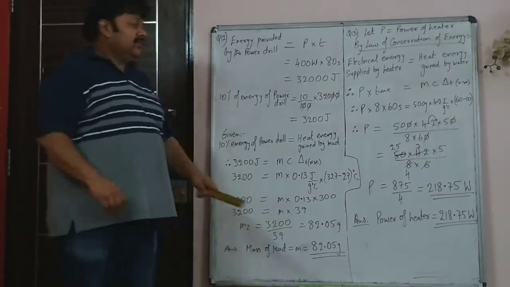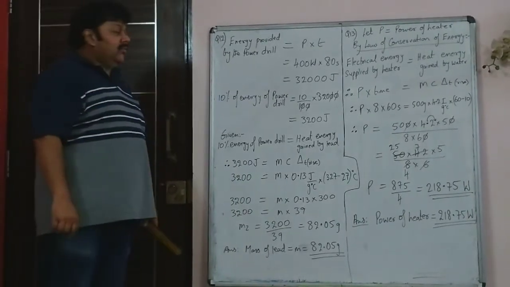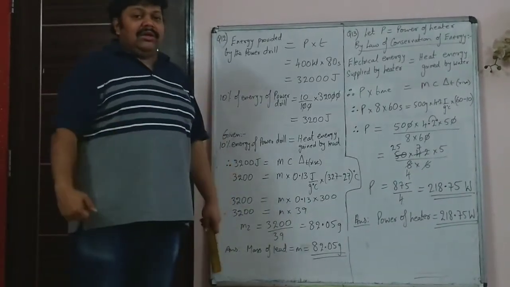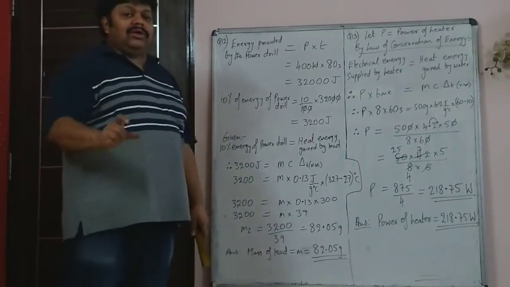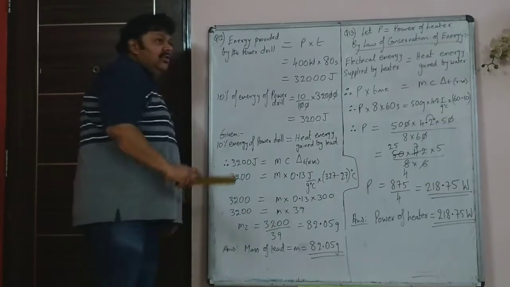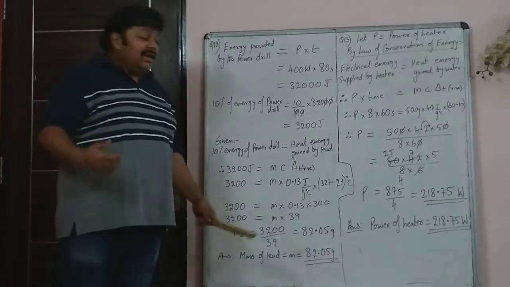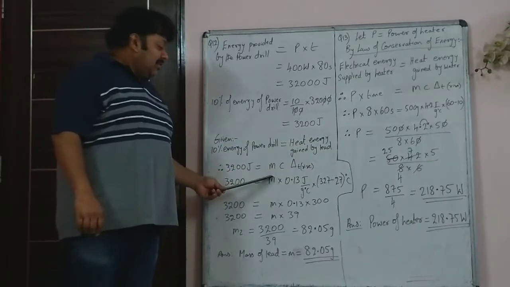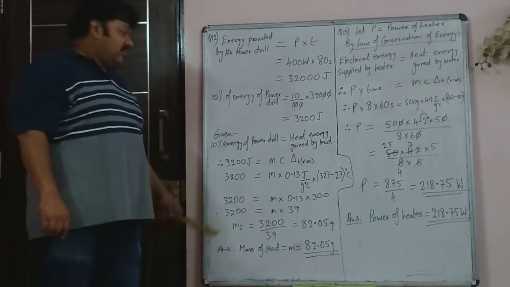Most of the energy goes in making that hole, but 10% of that energy is heating up that lead cube. This drill machine was used to drill a hole in that lead cube, but 90% is doing useful work, 10% is going in heating. So 10% of this, 3200 joule, is the actual energy that is going in heating up the lead cube. So this 3200 will be equal to mass of lead into specific heat capacity of lead into delta theta, the rise in temperature of lead.